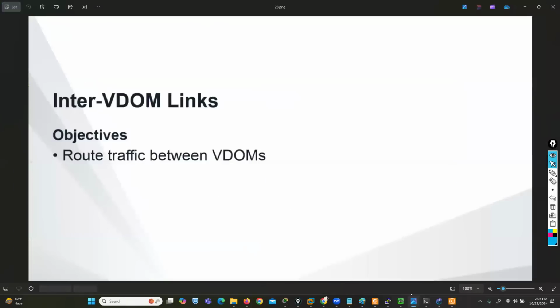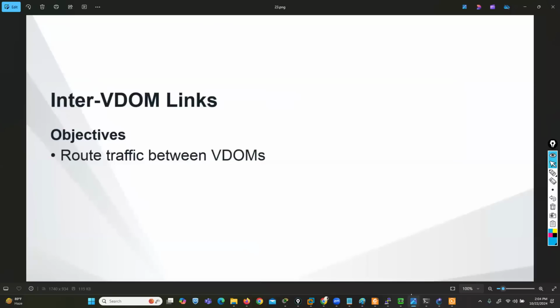Now, the next concept in VDOM is called inter-VDOM link. As I said, there is no communication between VDOMs by default. But if you want to create a communication, you can create an inter-VDOM link. For example,